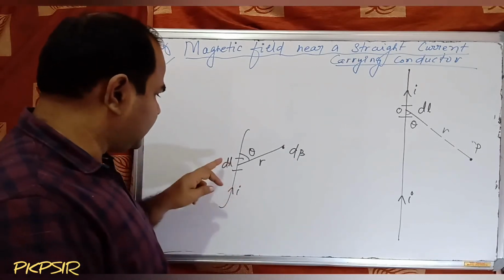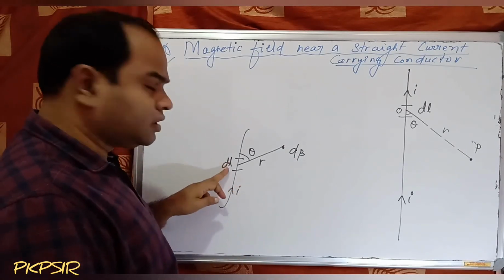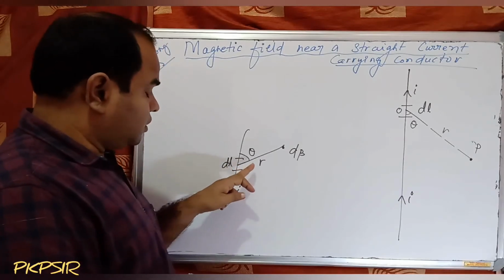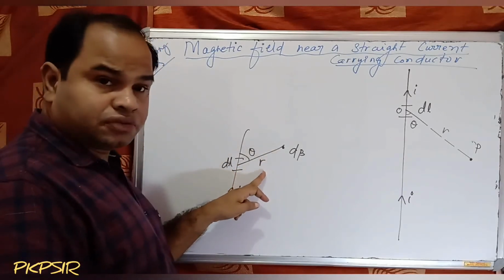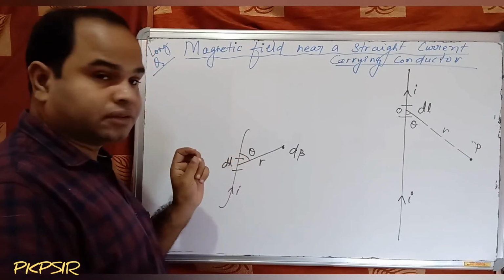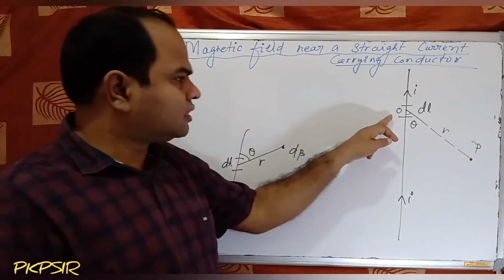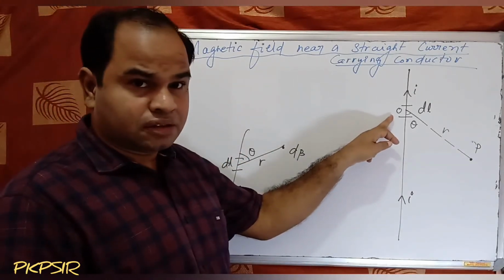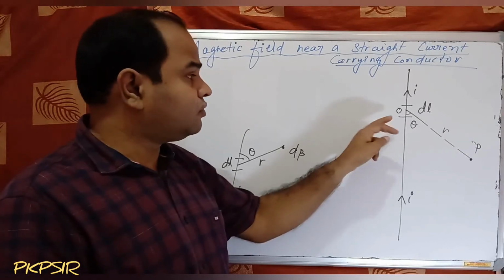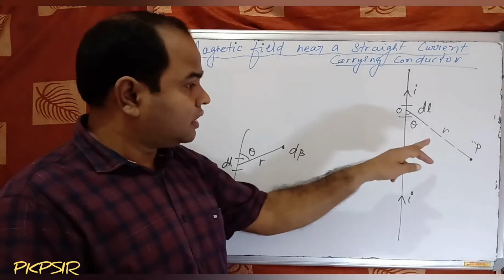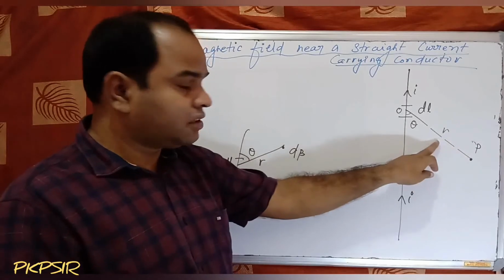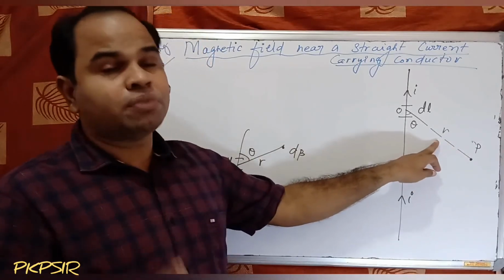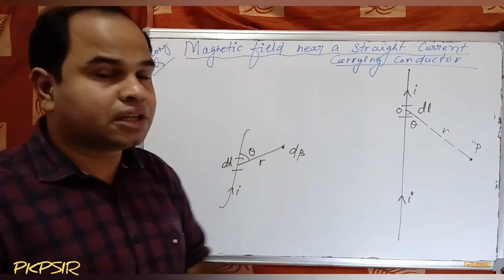Same thing, there is current I flowing in the small length dl, point P is r distance from it, and it makes an angle theta. So it is the same thing: this current I flows in the small length dl at point P, which is r distance from it. So what will be the magnetic field? The small magnetic field will be